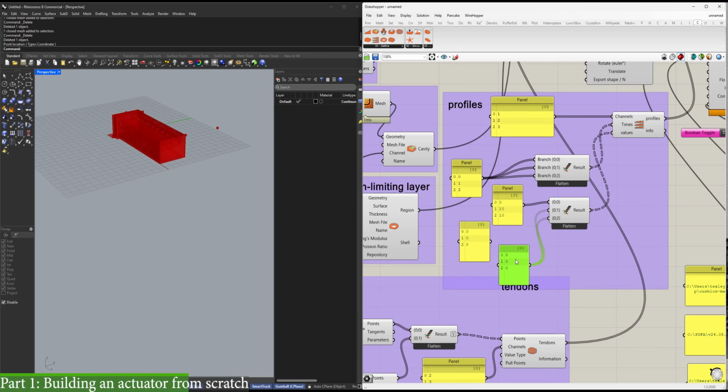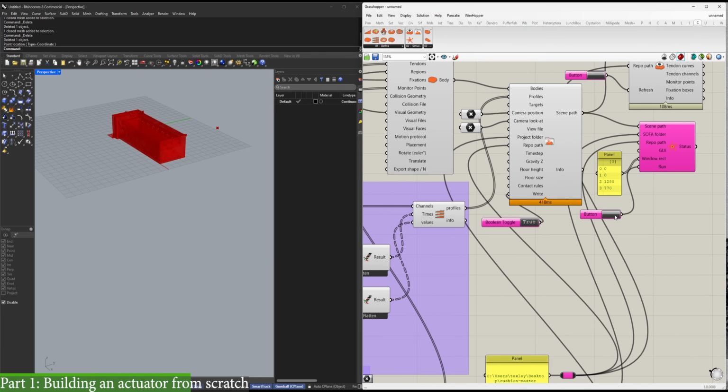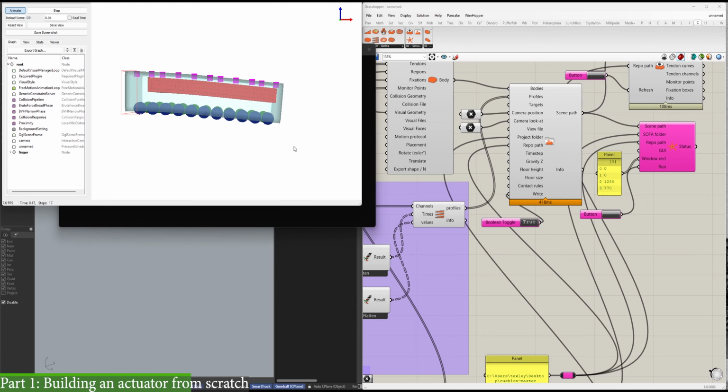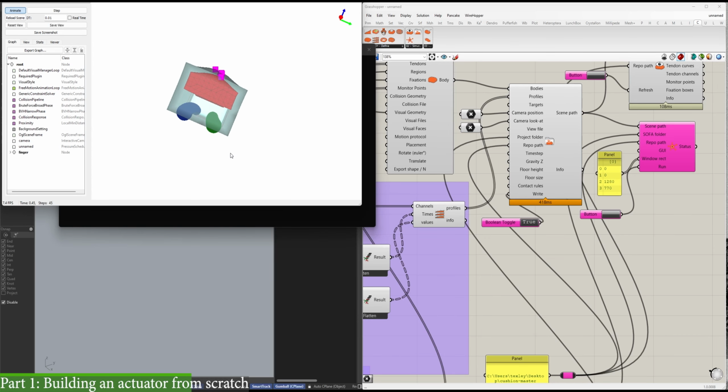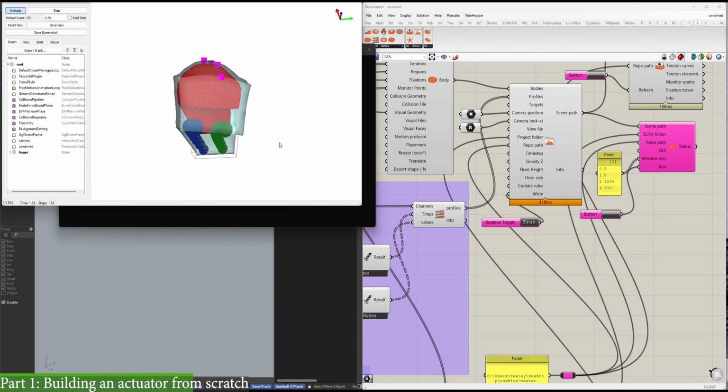So now for the protocol, we have our cavity and our 2 tendons. So what I'd like to do now is have some control over the tendons. I'm just going to plug in pulling from 5 to 10 millimeters on one of my tendons. And from here, you can see I still have the pneumatic actuation, but now I have some out of plane motion due to that tendon, this green one that I'm pulling. So you can see it pulling here as that deformation occurs,